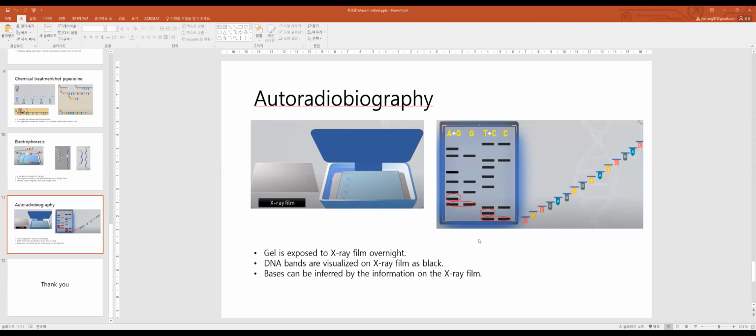Okay, the key question is, you see Youngwon's slide, right? Everybody, now you see Youngwon's slide, correct? Yes, okay. This is the original sequence, okay? We want to know the sequence, the order of this. Now, both methods, Sanger method and also the Maxam-Gilbert method, we generate some kind of fragment and then run this kind of electrophoresis, okay?